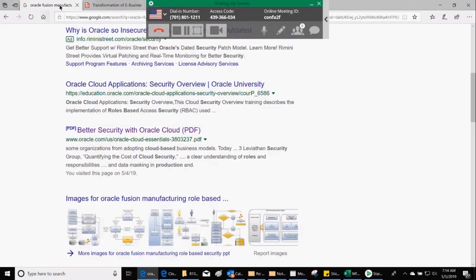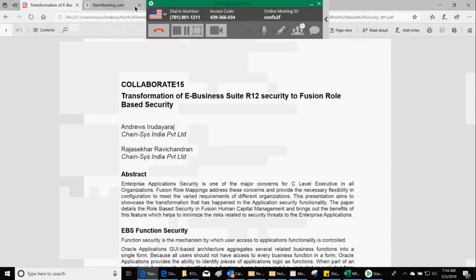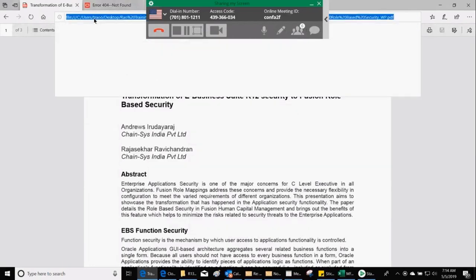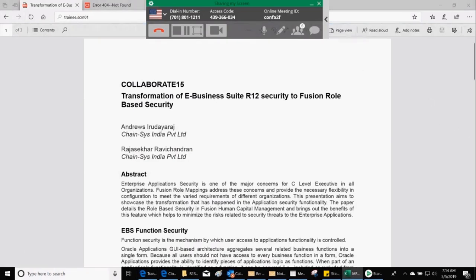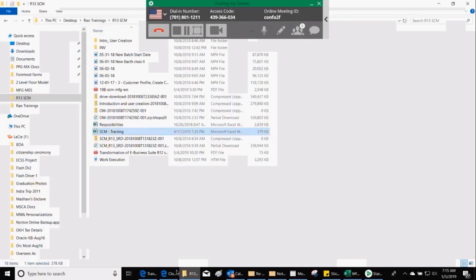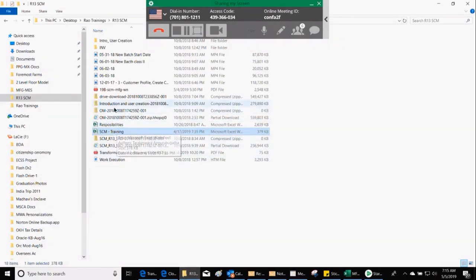No, it's not taking it, right? Let me do one other way. Not working. Could you open the application? I'm trying to do that, but it is